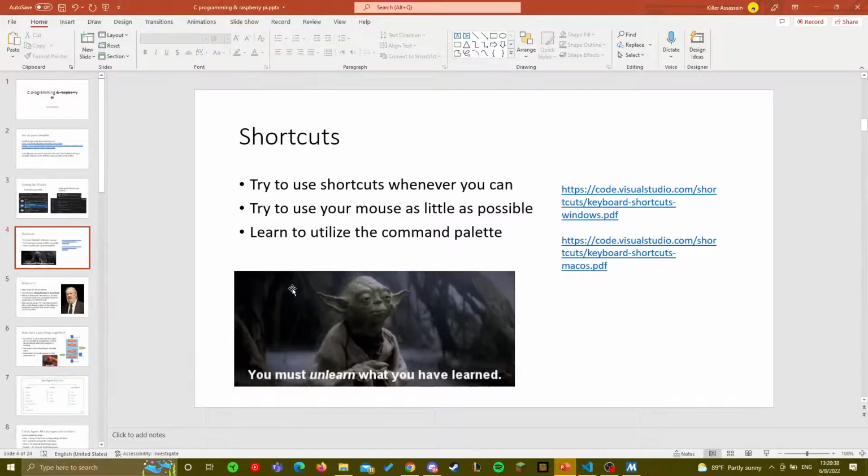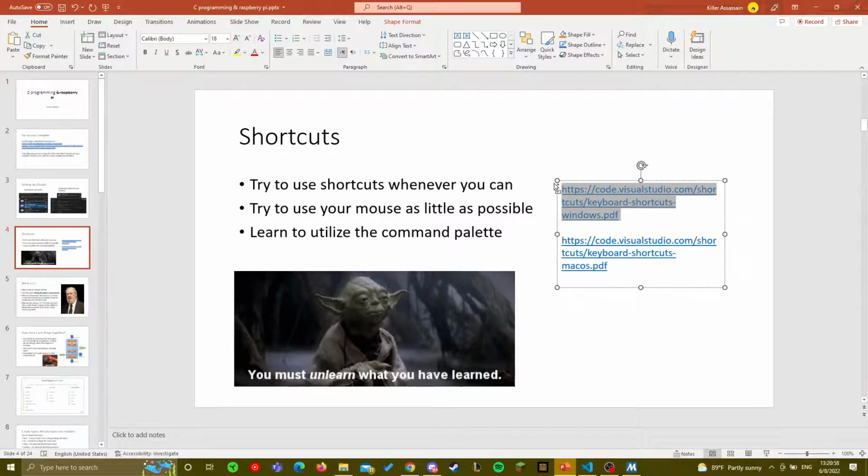It's really easy to use a GUI, but it's about efficiency. If your hands are always on the keyboard, you can always code. Instead of right-clicking, selecting, dragging, you can do it all in one stroke, essentially. That can make your coding experience way more fluid, as you get more used to it. So I'll drop the link for the Windows shortcuts and the Mac shortcuts as well.